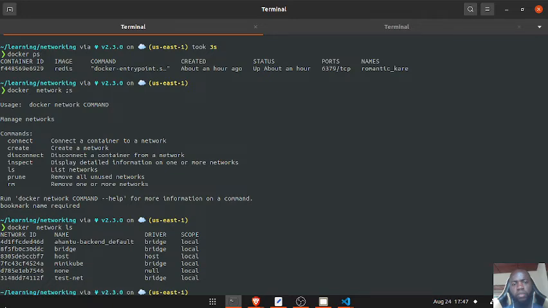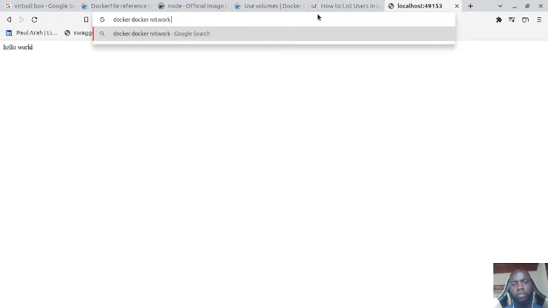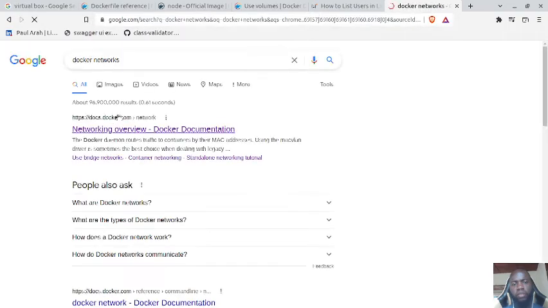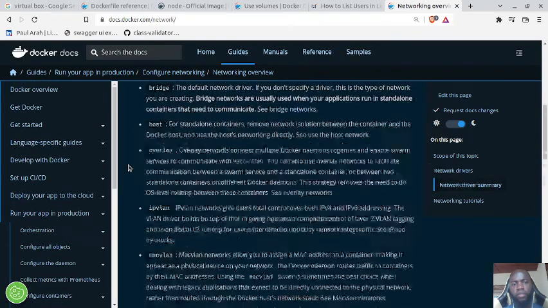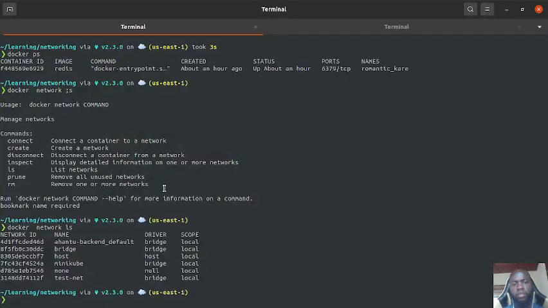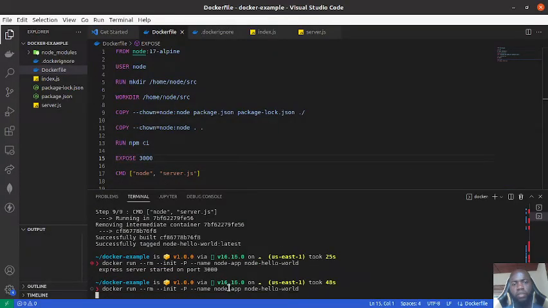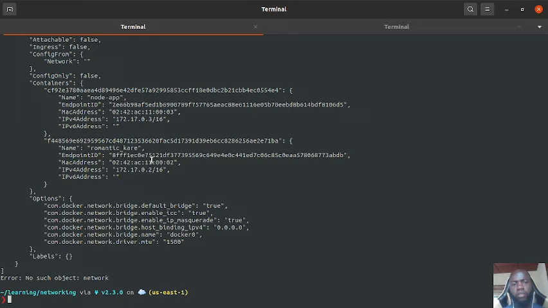So usually Docker would advise that you create your own network, so I'm just gonna call this Docker networks. Docker would advise that you create your own network, rather than using the default bridge network. For example, I'm just gonna show you something. If we start up this container, and I do docker network inspect on the default bridge network, so I'm just gonna inspect the bridge network,